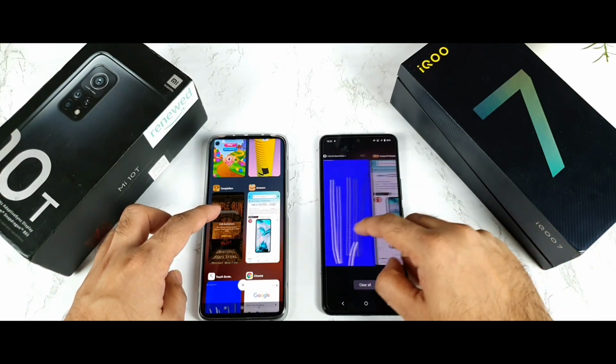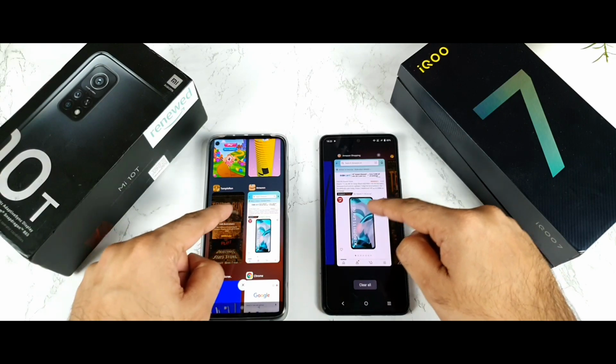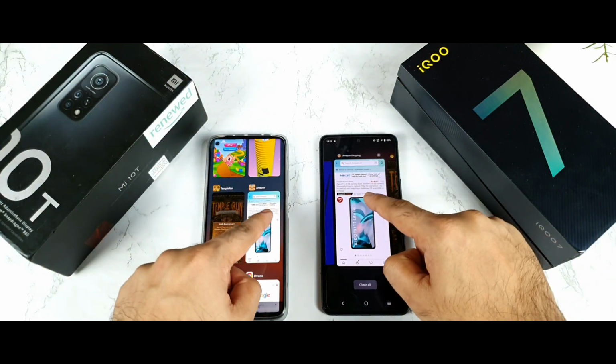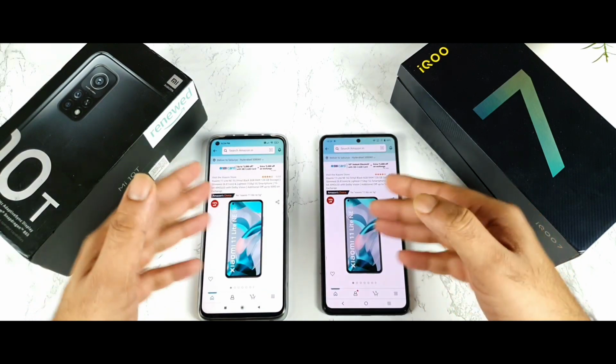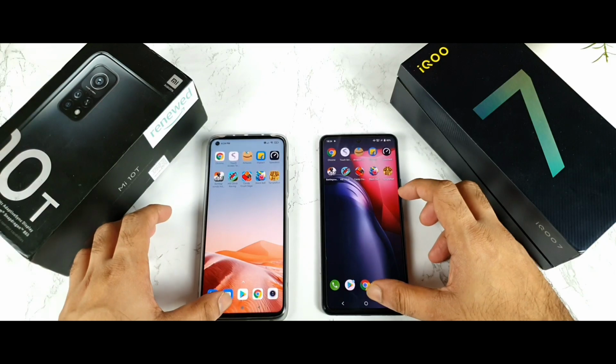Let's see the Amazon. So let's start with Amazon 1, 2. You can see the Mi 11 Lite NE 5G, right? Mobile phone. Let's see whether that will be staying in the background or not. 1, 2, and 3. Boom. Wow. No problem. Fantastic. Till here it was really good.